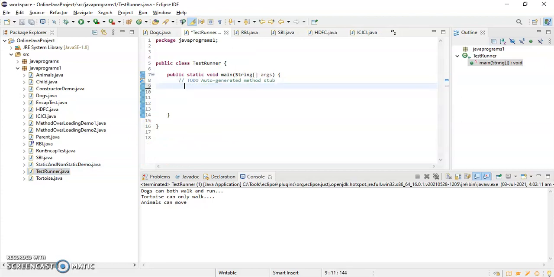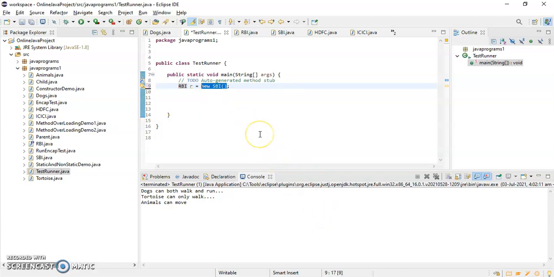Basically, RBI r is equal to new SBI. Here I have created one reference variable of the RBI interface, but I am assigning the object of SBI, because we know that we cannot instantiate an interface.